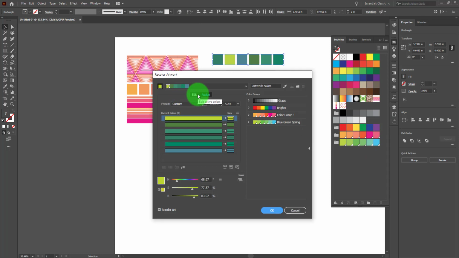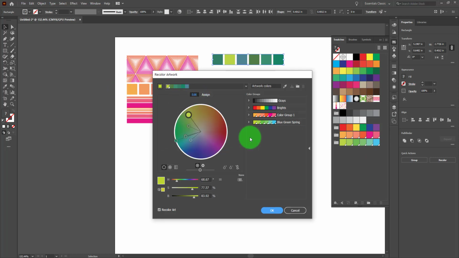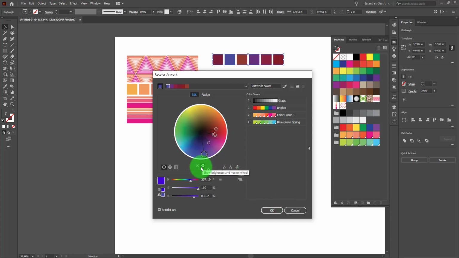So in this case, I'm going to go back to Edit. I'm going to link the color harmony, and I am going to rotate it like 180 degrees. So we have something in the purple, blue, red range. And I think I want to lighten it up. So we are going to,